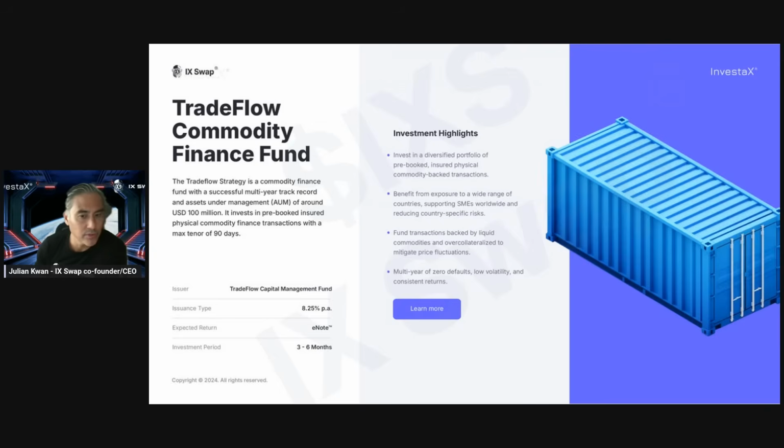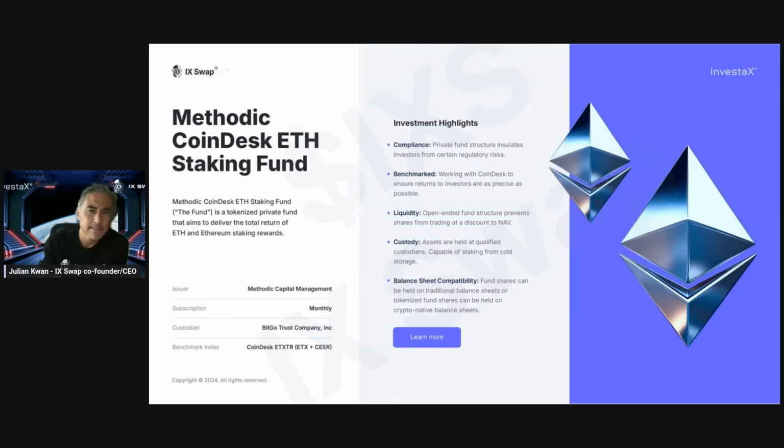Again, people would say 8.25. Wow, it's pretty interesting. Yeah, very interesting, right? That's double the treasury rate on USD at the moment, give or take. Most banks around the world are giving people less than 1% interest, and on good platforms, with good companies, you can start to get the returns professional investors get, and that's a big goal for us to do. ETH staking fund,